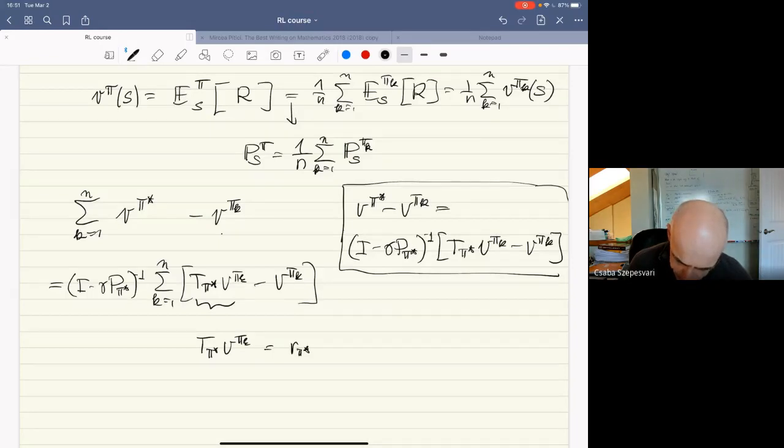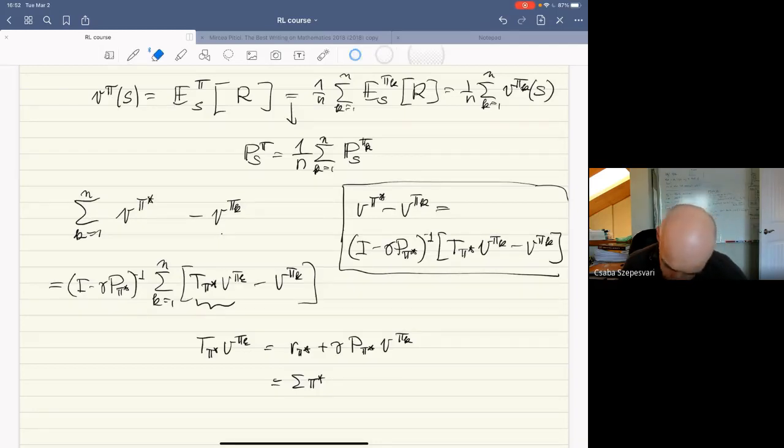That is just the reward of pi star plus gamma times P pi star v of pi k. And that can be written as the sum with respect to, all right,